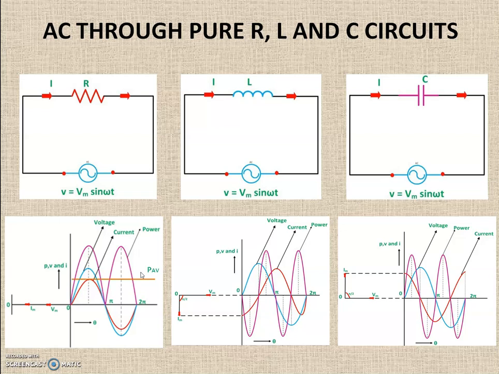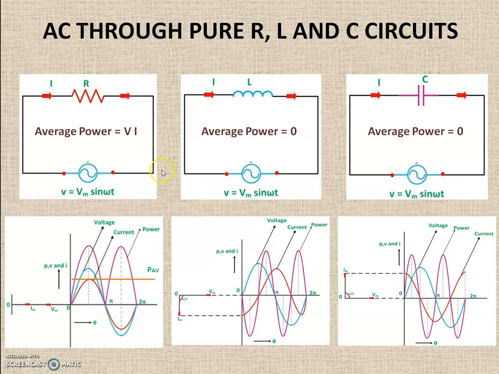If we take the average power, in the case of a pure resistive network we have some average power, and in the case of a pure inductor the average value will be 0 because it has positive and negative powers, but both areas will be the same. So when you take the average it will cancel out and the average power will be 0. The same is the case with a pure capacitive load. Here also both positive and negative areas will be the same and the average value will be 0.